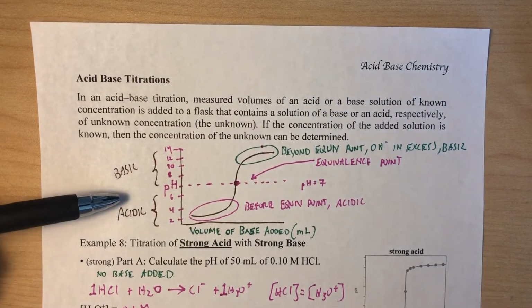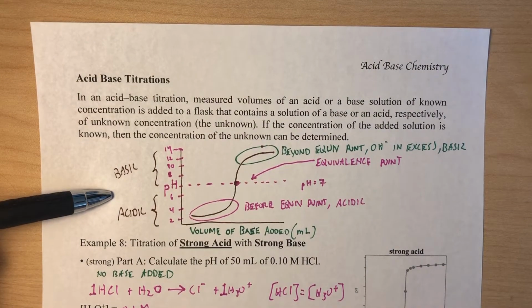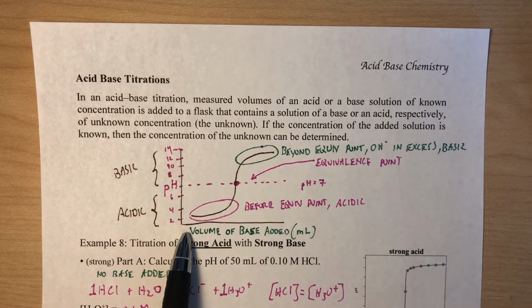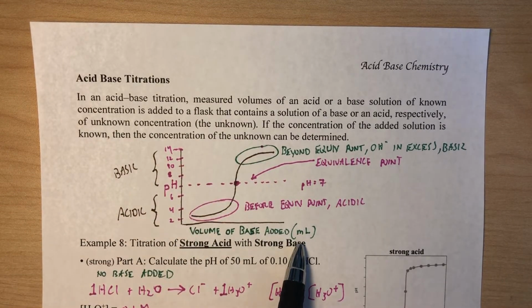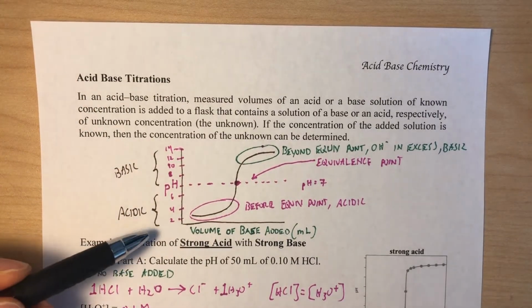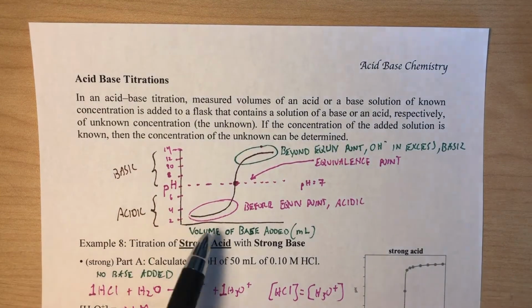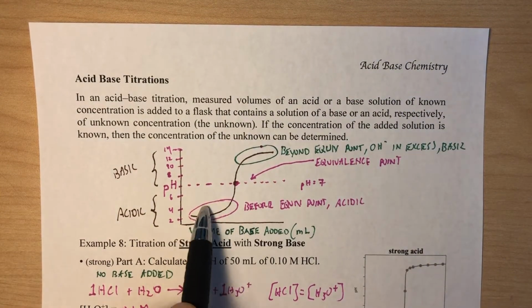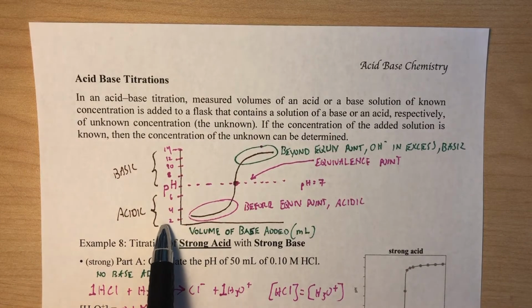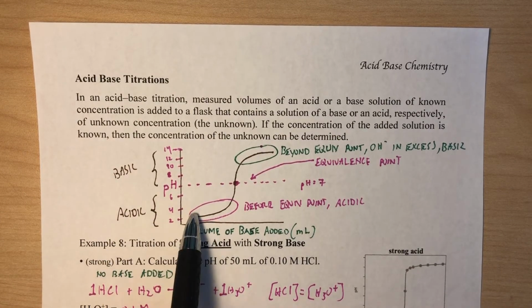So here is what a typical titration curve looks like. This is an acid-base titration, meaning that we are beginning with an acid, and on the x-axis, we are adding base. If it were flipped, it would actually be a base-acid titration. Since we are beginning with an acid, we are starting with our curve down here under acidic pH, where the y-axis is pH. So we have a low value of pH, which is acidic, and as we add base,